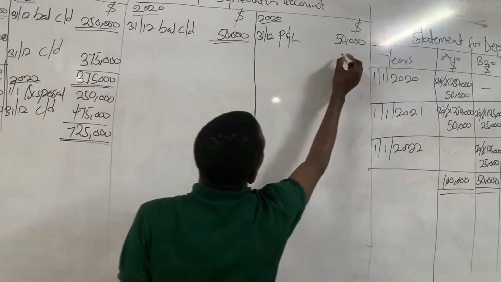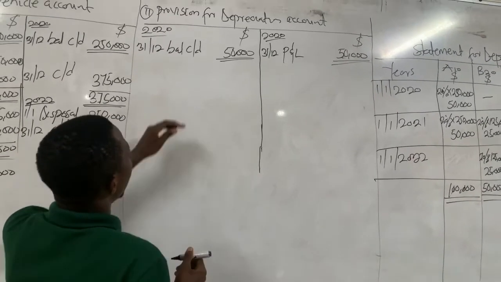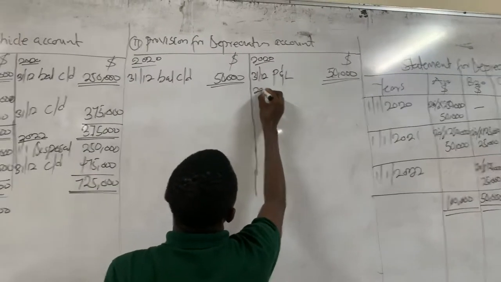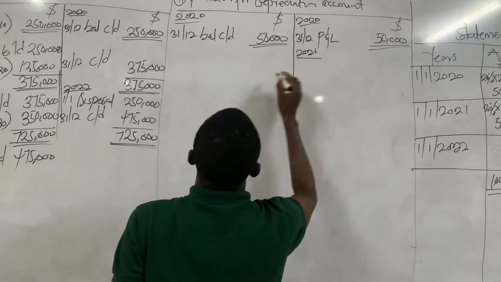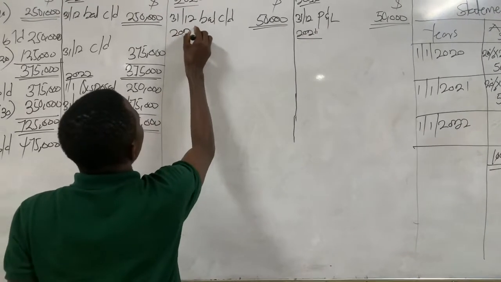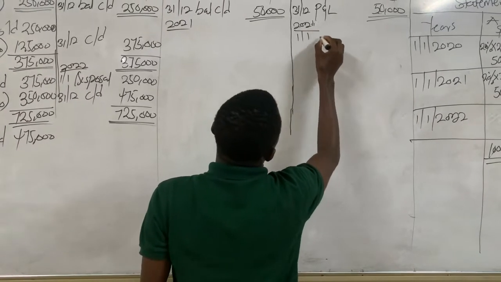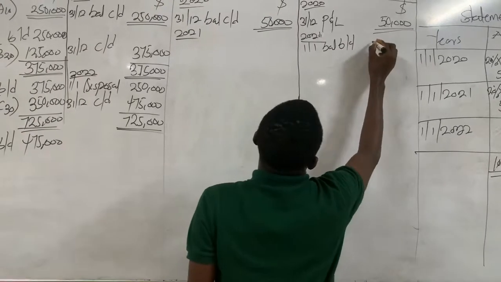Then we close the account. Is that okay? And this balance will come in 2021 as brought down. That will be on 1st January. The balance brought down as